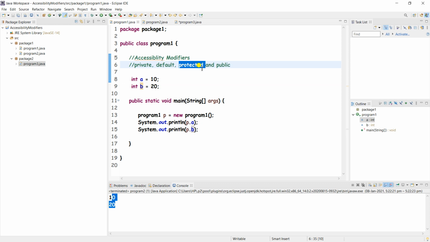Then the turn came to protected. Here I will declare it as protected int a and protected int b, right?